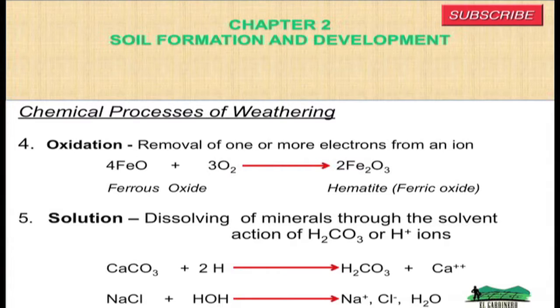And then the fifth one is solution, that is the dissolving of minerals through the solvent action of carbonic acid or hydrogen ions. Like calcium carbonate plus hydrogen, the result will be carbonic acid, and then the calcium ion will be released. Sodium chloride plus HOH, the result will be sodium, chlorine, and